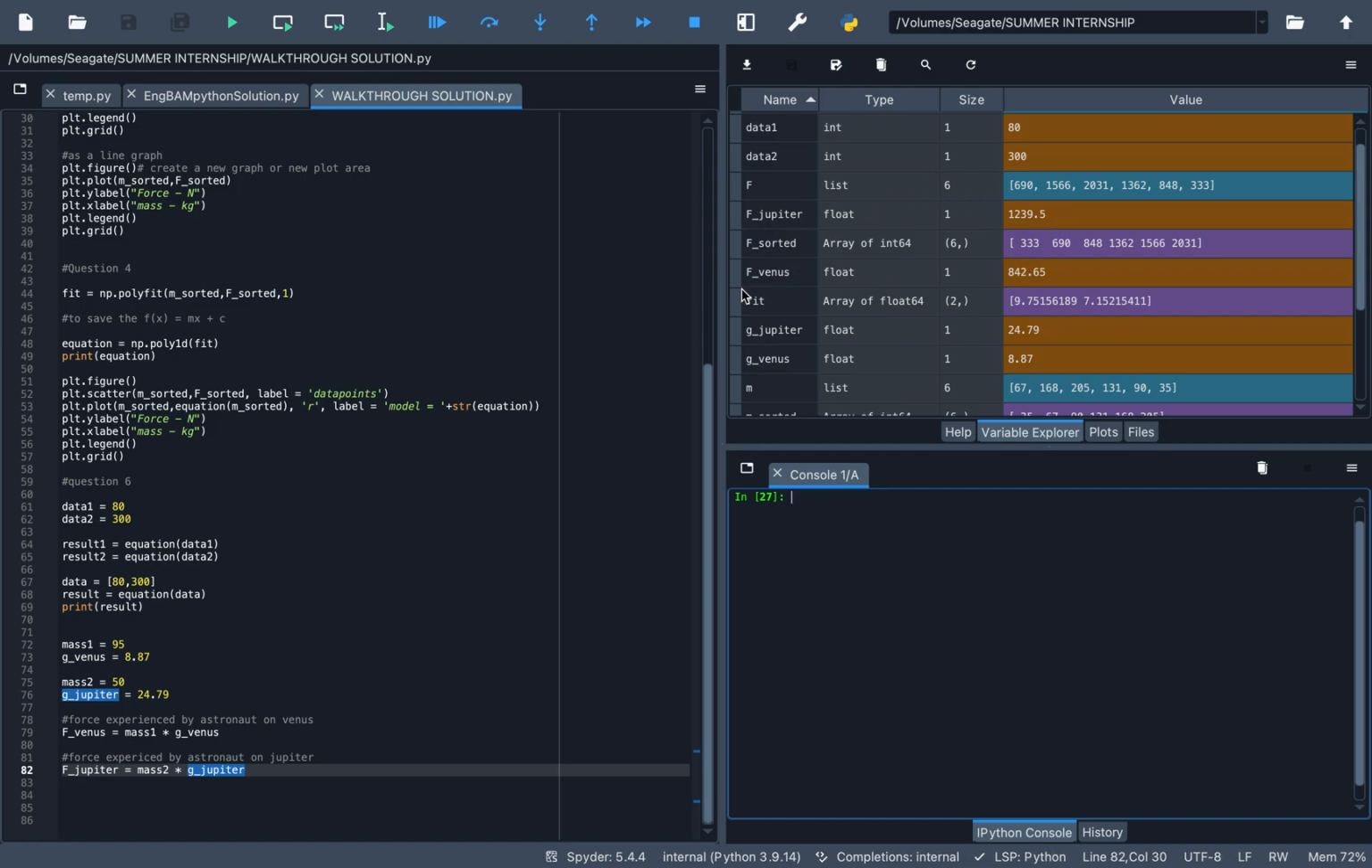So in the question, someone weighs 80 kg and they are on Venus. They only experience a force of 842.65 Newton. But someone who weighs 50 kg on Jupiter experiences a force of 1,239.5 Newton. And this is essentially trying to drive home the idea behind the effect of the mass and the